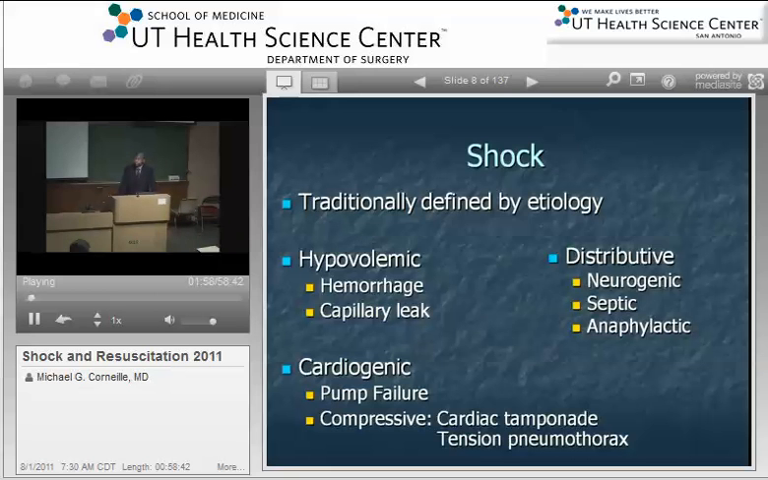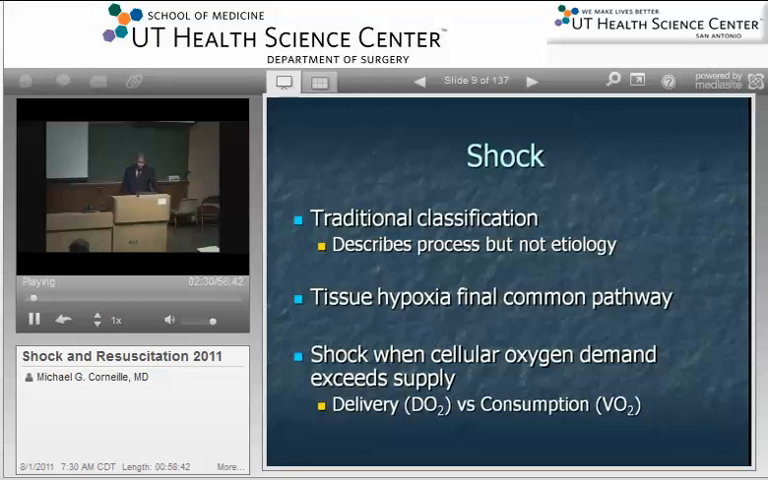So shock has been traditionally defined by the etiology. Shock can be described as hypovolemic, including hemorrhagic shock, septic shock associated with capillary leak, distributive, which would be neurogenic shock, anaphylactic shock, cardiogenic shock, which can be primary pump failure from, for instance, a myocardial infarction, or compressive shock with cardiac tamponade and tension pneumothorax. This traditional classification scheme describes the process, but it doesn't really get to the etiology and doesn't really tell you how to fix it necessarily. Tissue hypoxia is the final common pathway of each of these